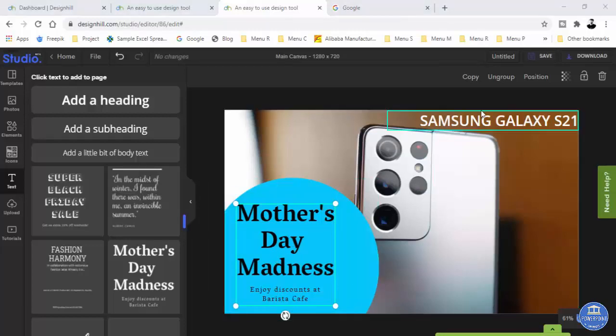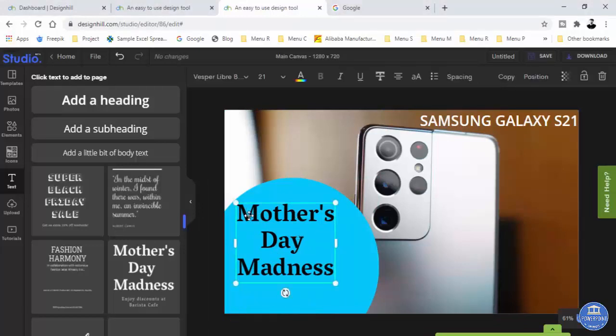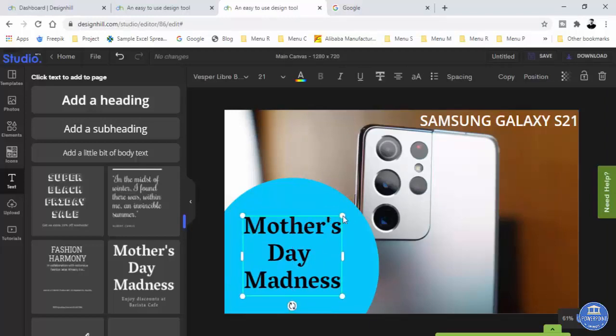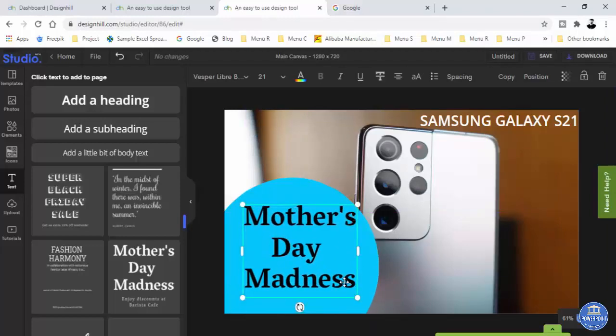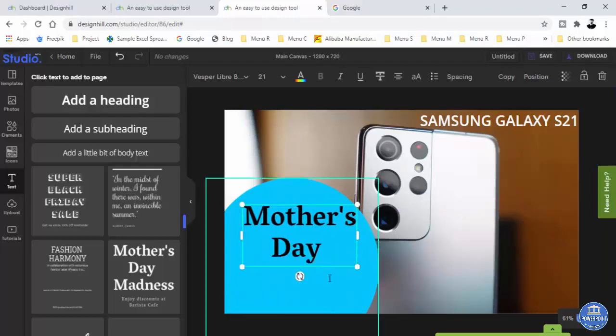So here you can see there's something called ungroup. I can simply ungroup this one, and then this one I don't need, I can just simply delete this, and then I can increase or decrease the size depending on my requirement. And I'm just going to delete this also, and then I'm going to type here